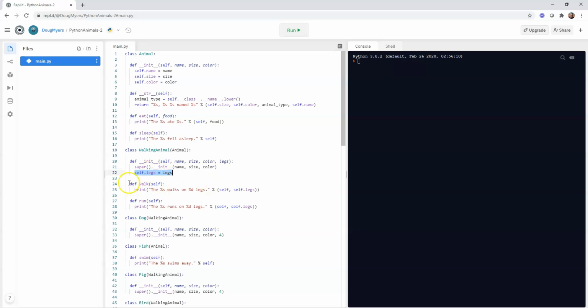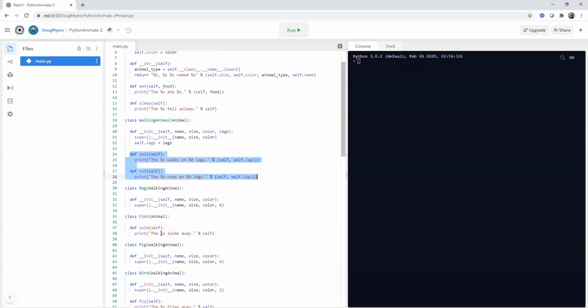And then you'll notice that I have changed the walk and run slightly so that it actually takes advantage of that attribute. And you'll notice that this attribute happens to be an integer number instead of a string. So in string substitution, I'm using a %d instead of a %s. Now that I've moved the walking and running to walking animals,